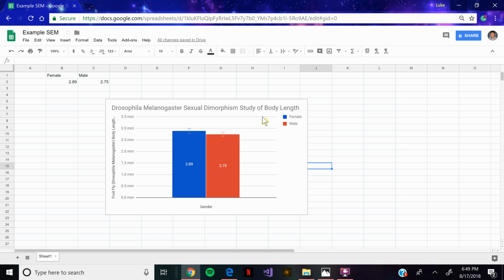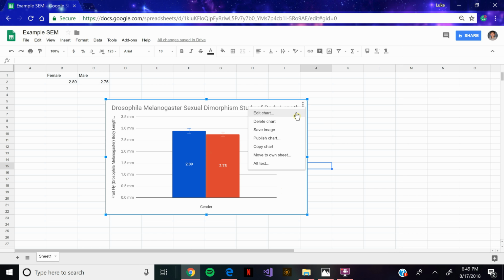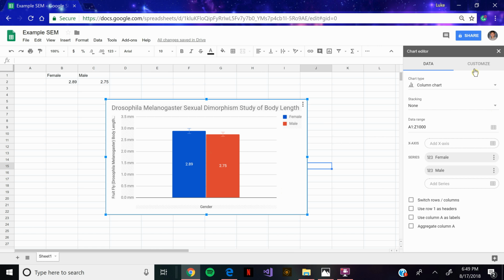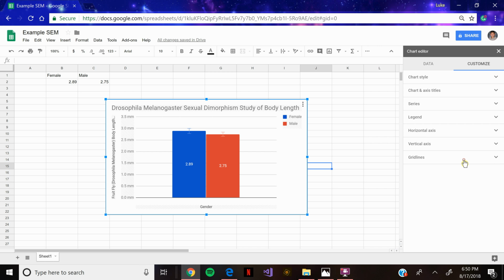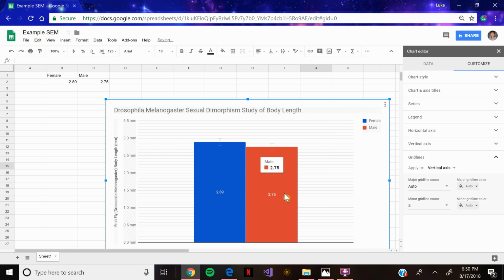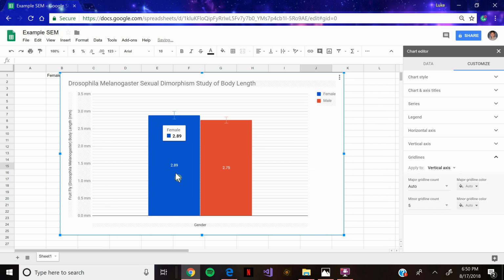Now, you can see that there are major bars here, but the data really stops in the middle of them and you can't really see where they are. So you're going to want to go ahead and put customize grid lines. Now go ahead and go down to minor grid line count, and I'm going to set it at 5. So as you can see, 2.75 goes right in the middle of 2.5 and 3 millimeters, which is perfect, and